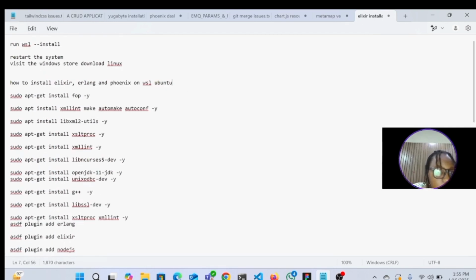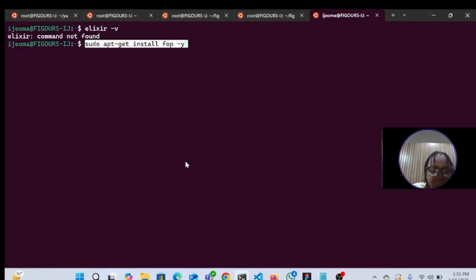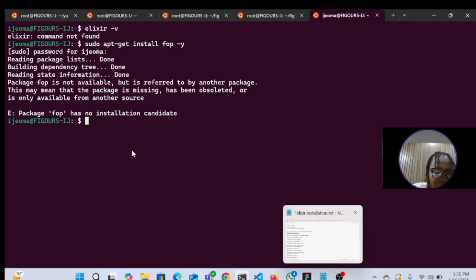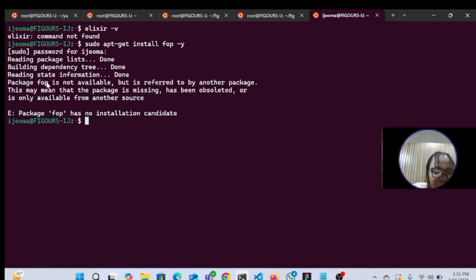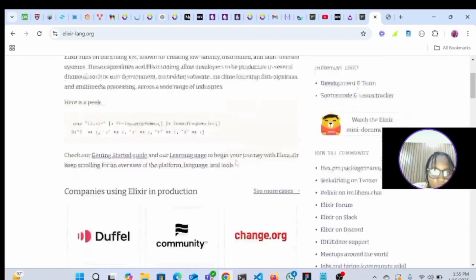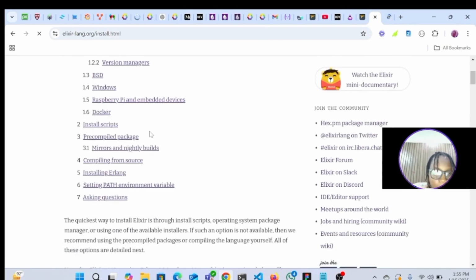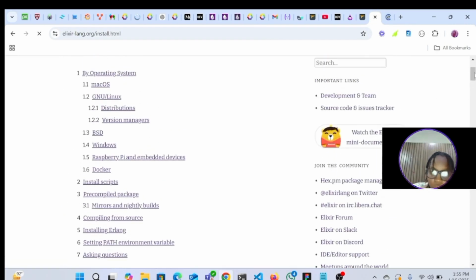So currently, let me just run one of these, because I run all this code. Sometimes I prefer you run all your code one after the other, so as not to have issues. This package will not... package pop is not available, but it's referred by another package. Okay, so installing. So once we say install using